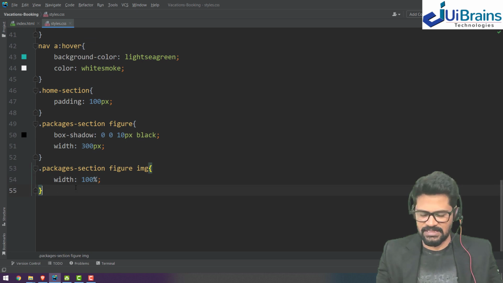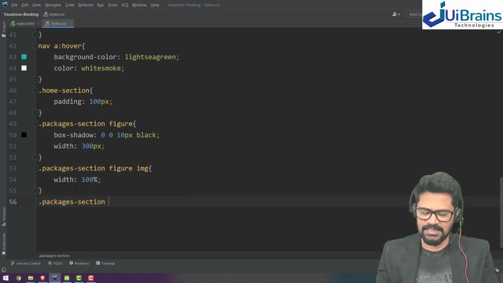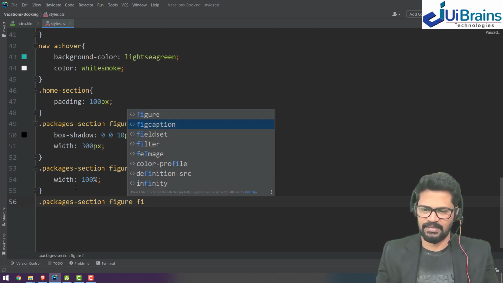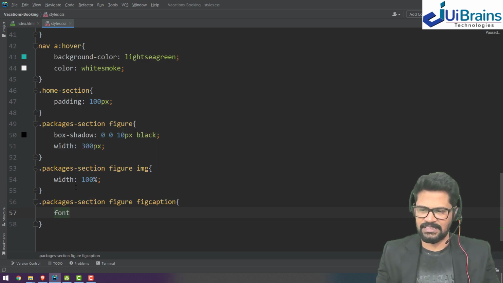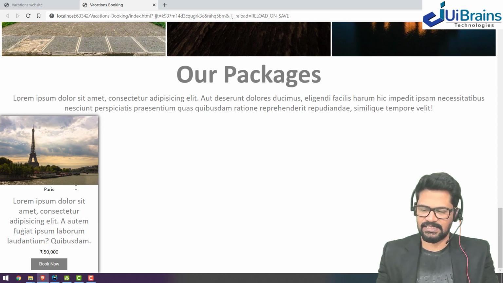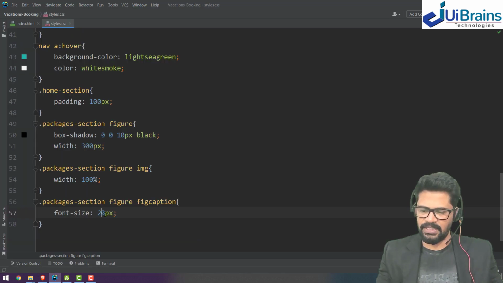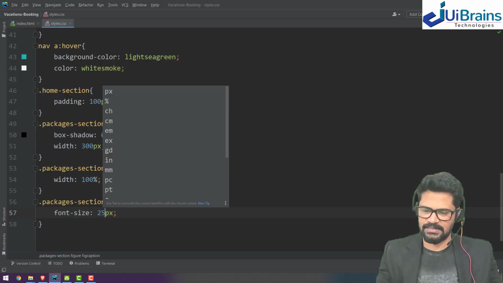So what I do is dot package section space figure caption. Okay, so I'll say the font size around 20 pixels. Okay, no, not 20, let's say 25 pixels.